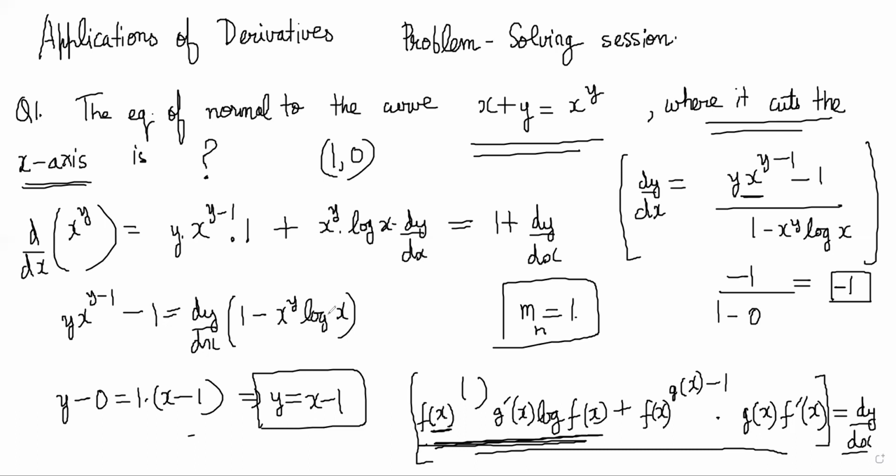Basically, after the derivative is done, it's obvious stuff. You have to find the slope of the tangent at the particular point where you have to find the tangent and normal. You have to put the values of that point there, because otherwise it's a function of x right now. This is telling you the slope at all points. You have to find the slope at a particular point to find the equation of the line. So remember how to differentiate f of x to the power g of x. That will come in handy in several questions.